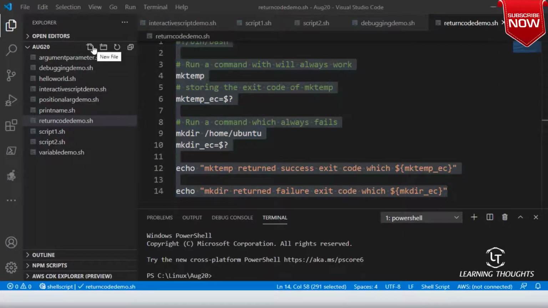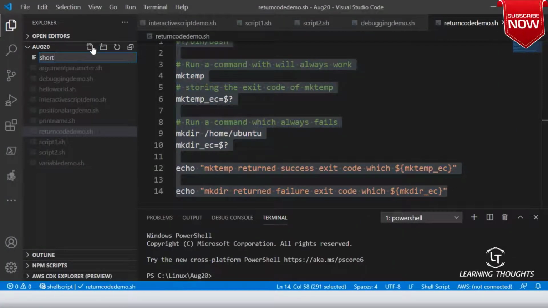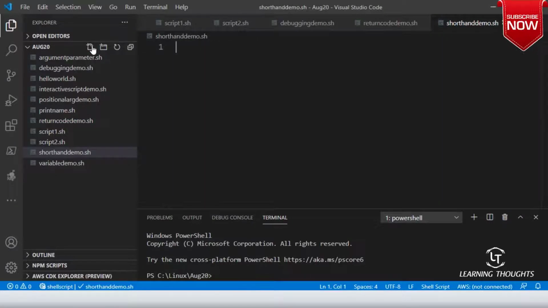Okay. So shorthand demo.sh, /bin/bash. Right. So let me try to create a constant. Generally, it is a good idea to have a constant. Right.